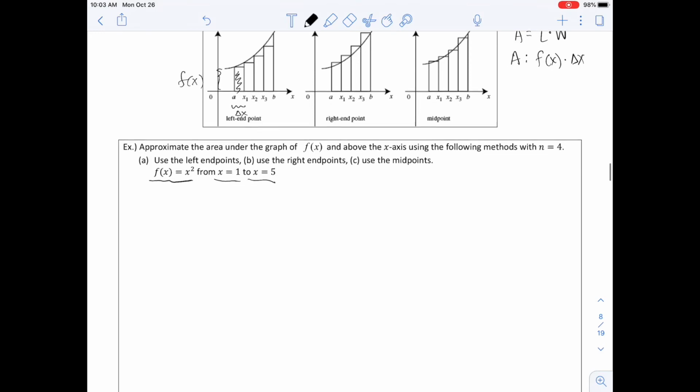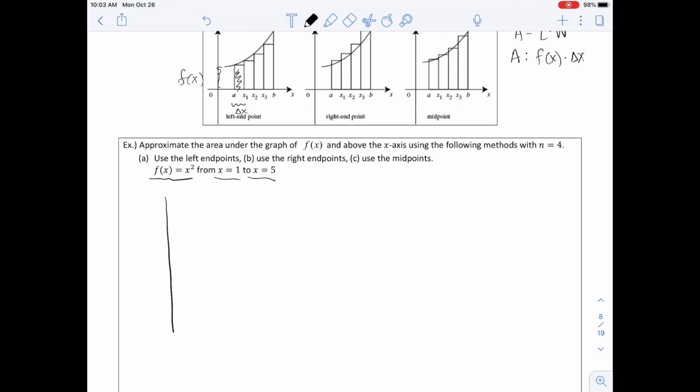So I'm going to go ahead and draw the graph. And if my x values only go from 1 to 5, then I know that my y values are going to be going from 1 to 25. So I'm going to go out to 5. 1, 2, 3, 4, and 5. Label those. And then I'm going to have to go all the way up to 25 at least. So here's 5, 10, 15, 20,